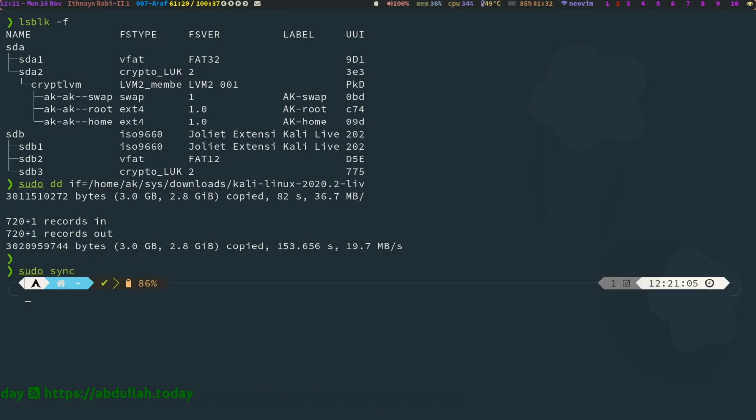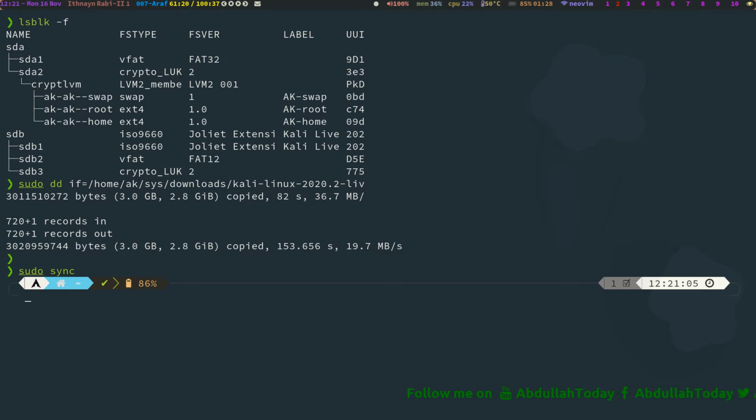So now my USB drive is ready to be booted, and we are ready to boot into Kali Linux, but we want it to be an encrypted installation and also persistent.